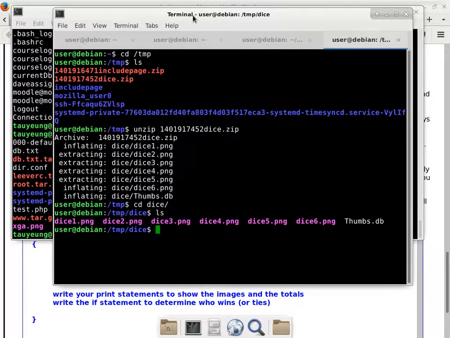I just took her files, whatever it was. Is that top left, top right? Page 1 of PHP. So I just changed her stuff.